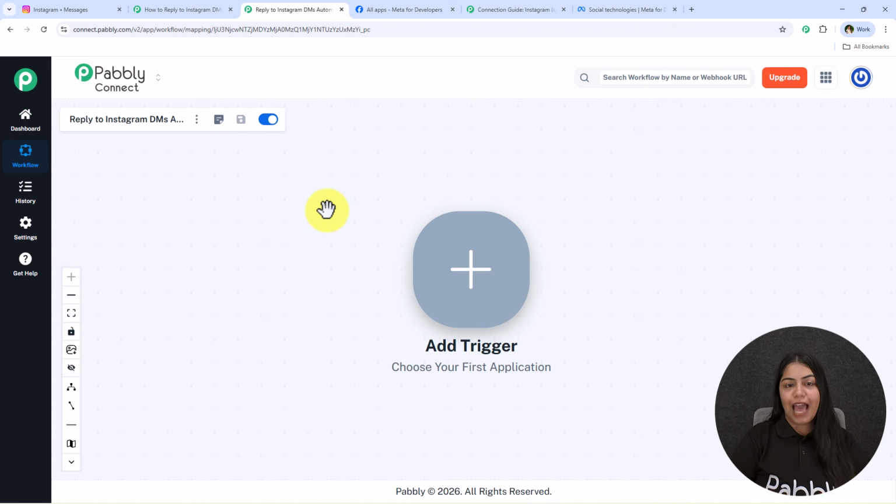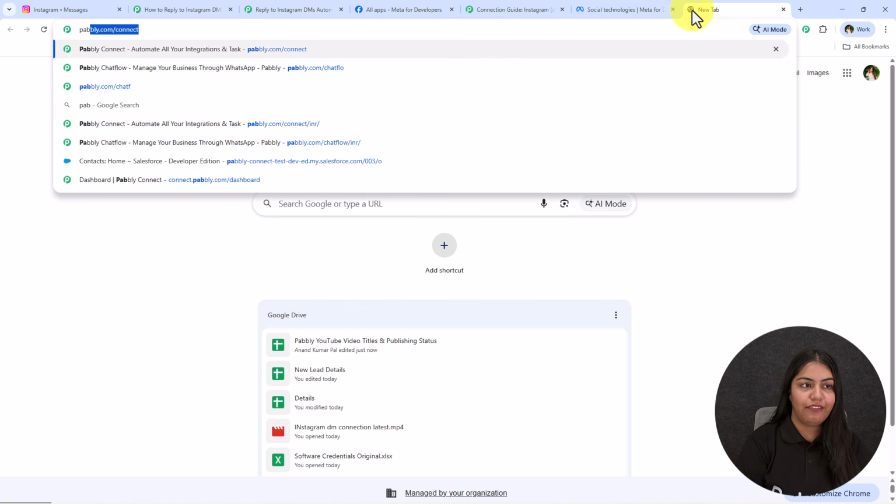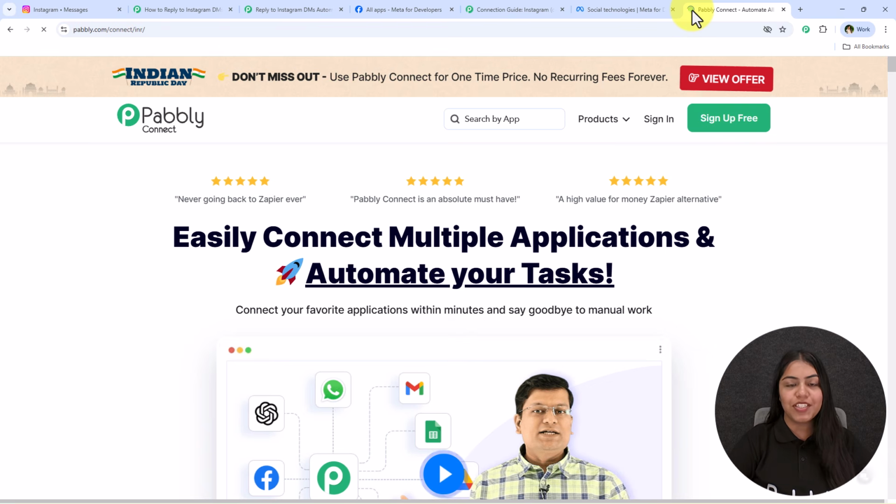So open the blank workflow builder inside Pabbly Connect if you are an existing user like me. But if you are a new user, open a new tab and search for pabbly.com/connect in your browser and open the landing page of Pabbly Connect. In the top right corner, you're going to see the option of sign up for free. So click on this sign up for free and you are going to get 100 tasks free every month